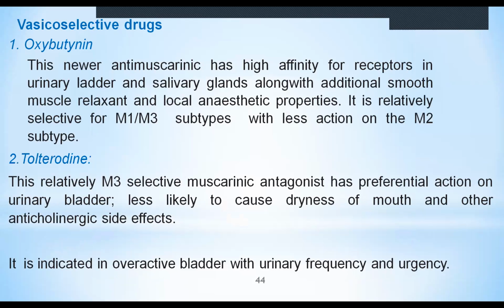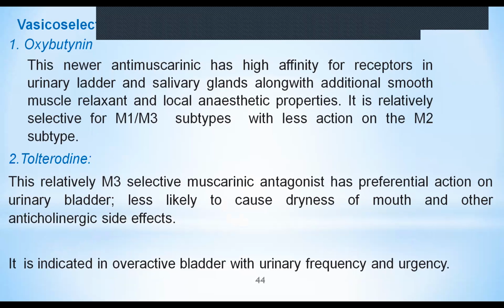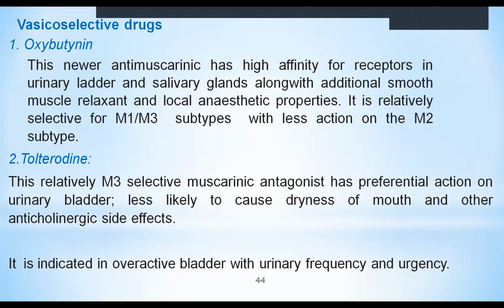Some of the drugs are vesicoselective, meaning they are very selective for the urinary bladder, like oxybutynin. This newer anti-muscarinic has very high affinity for the receptors in the urinary bladder and salivary glands along with additional smooth muscle relaxant and local anesthetic property. Oxybutynin is selective for the M1 and M3 type of receptors, with less action on M2, especially on the heart. And another drug, tolterodine, is a selective M3 receptor antagonist, has preferential action